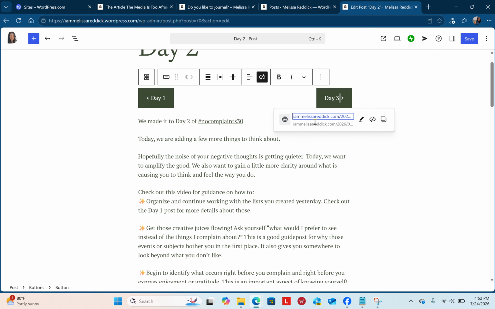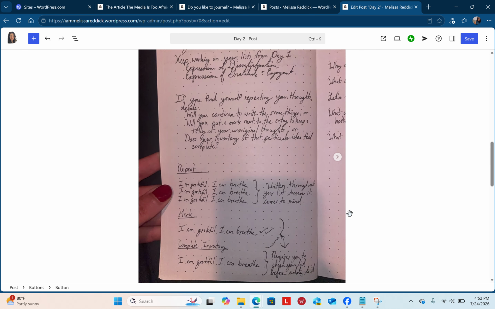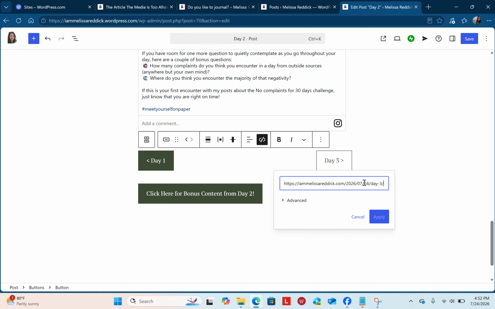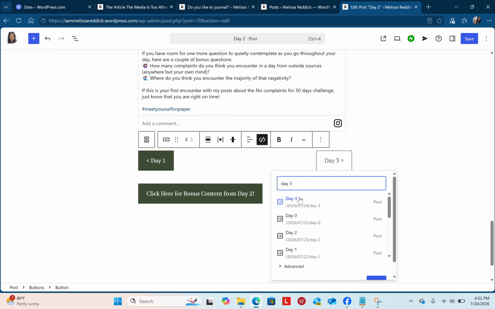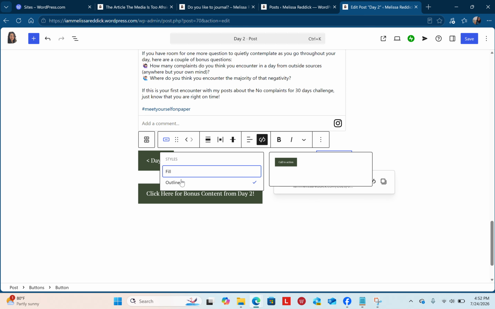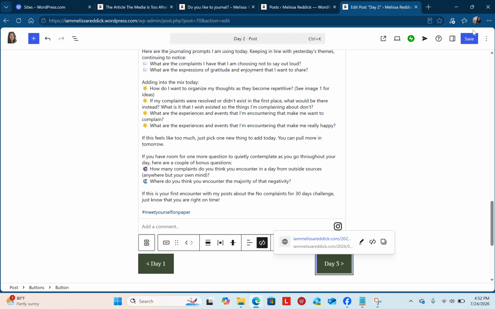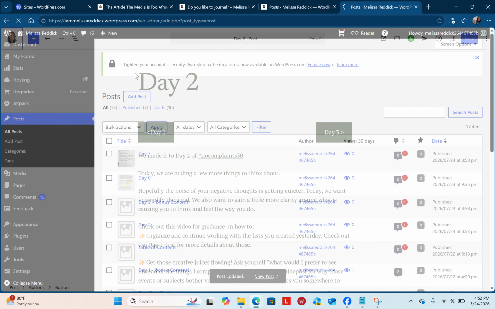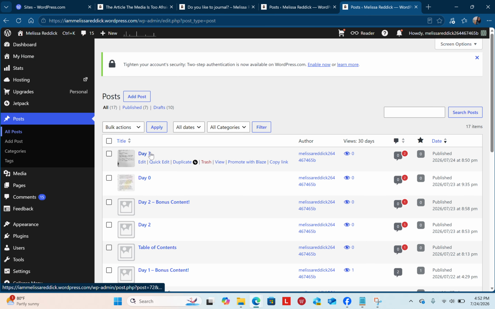It's already done. If it looks like this, you don't have to hit enter because that will just edit the text. But if you type it in manually, like if I copy and paste it, then I have to hit enter to get it to look like that, but I don't want to do that. I just want to go day 3, and it lets me choose. One day I'll test that to see if it breaks, but do you want me to do it now and see if I change the title of the day 3 post, and then it changes the link?